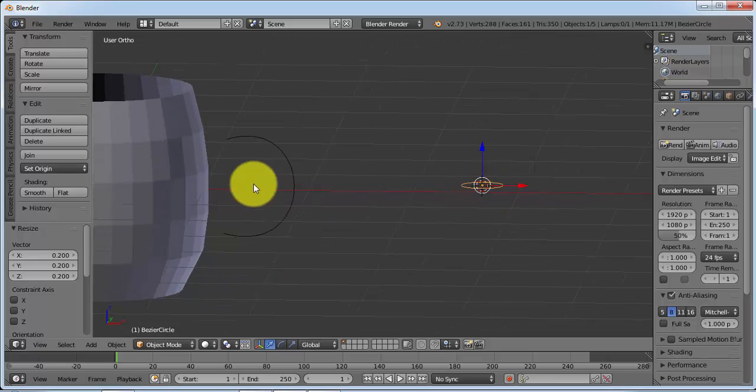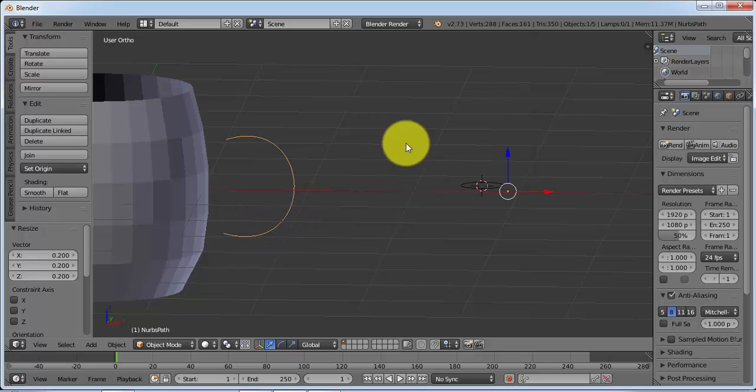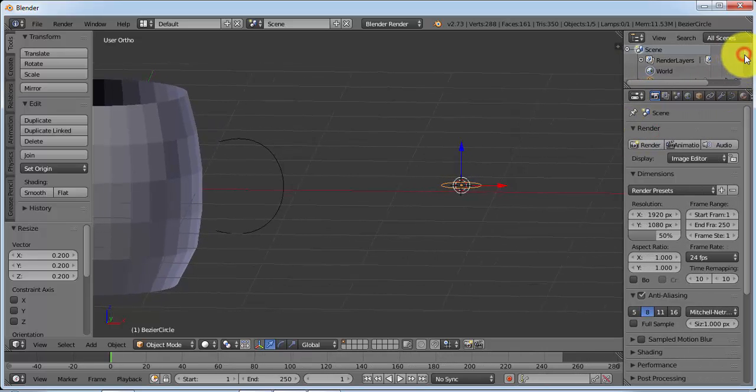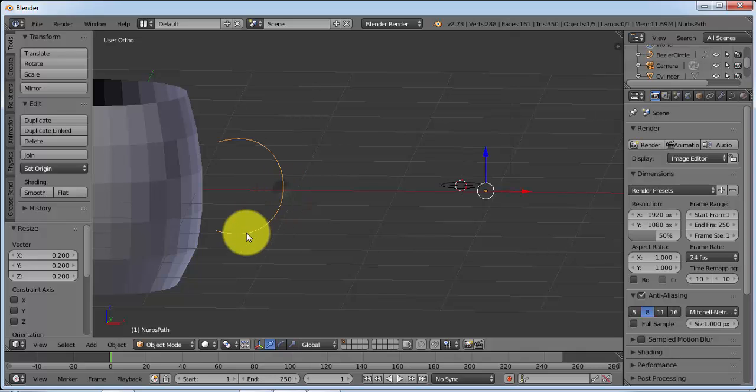Now we need to apply this circle to our path. So first select this circle by right clicking on it and find the name of the circle. You can see that here. As you can see, this is a circle which is highlighted, Bezier circle. Now select the handle by right clicking on it,